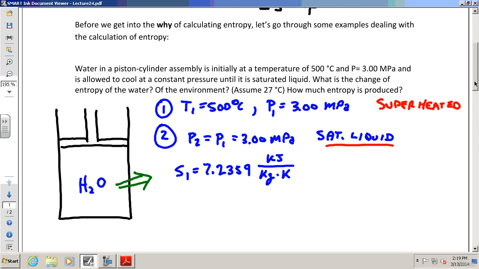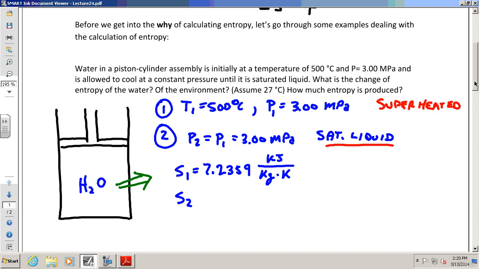Yeah, it's kind of interesting. Somebody said that in the morning section too. They're like, I've seen those units before. They're the same units as specific heat. Okay, it's kind of interesting. Remember what entropy is? It's a heat transfer divided by a temperature. Okay, so that's S1.